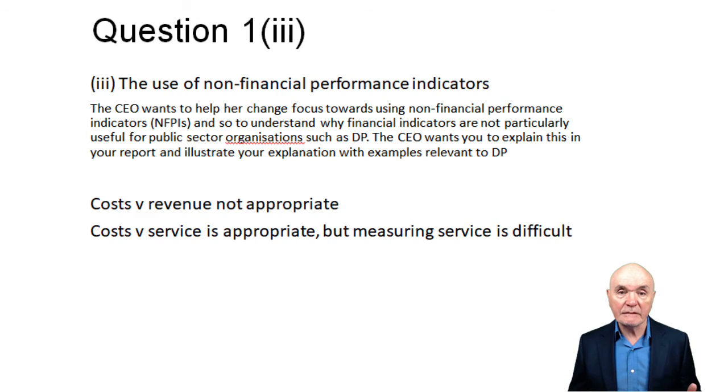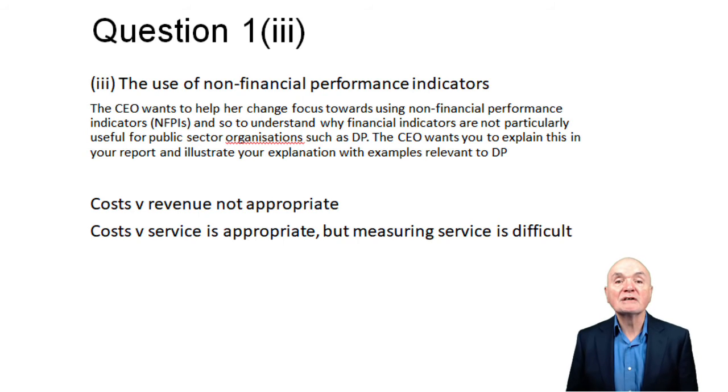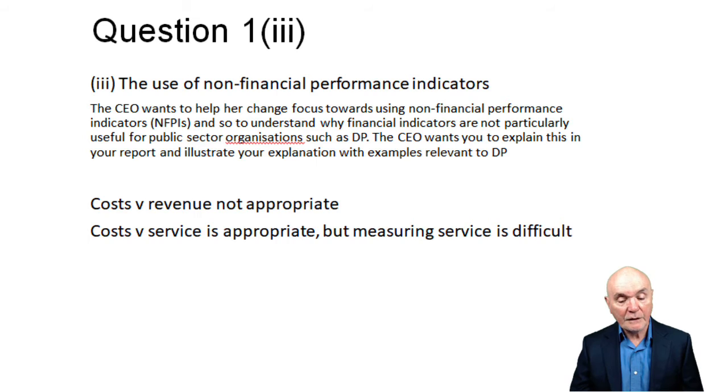So a simple explanation, maybe 3 marks, as to why financial performance indicators are going to be very, very limited. Not completely limited, of course, because the cost per crime is essentially a financial indicator, but it's the return you get for the costs which is much harder to estimate. And we could say, of course, that measuring the level of service is difficult. First of all, deciding what we're going to measure, and then deciding how we're going to measure it.